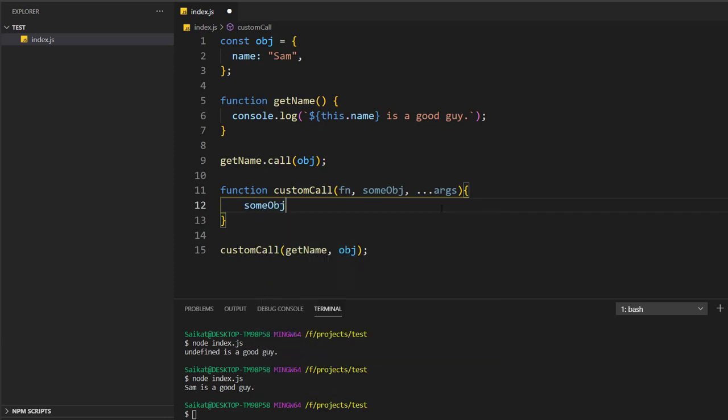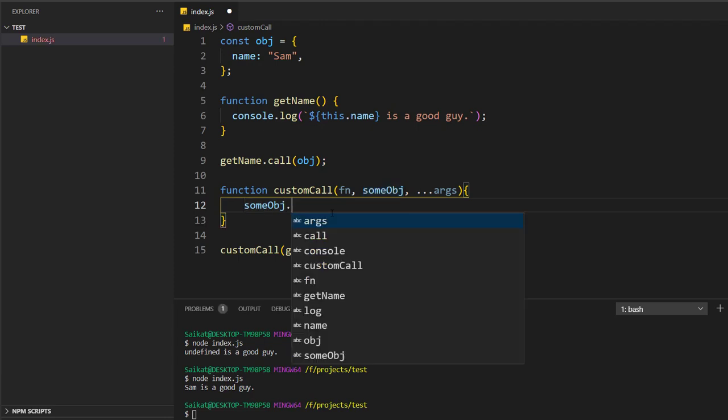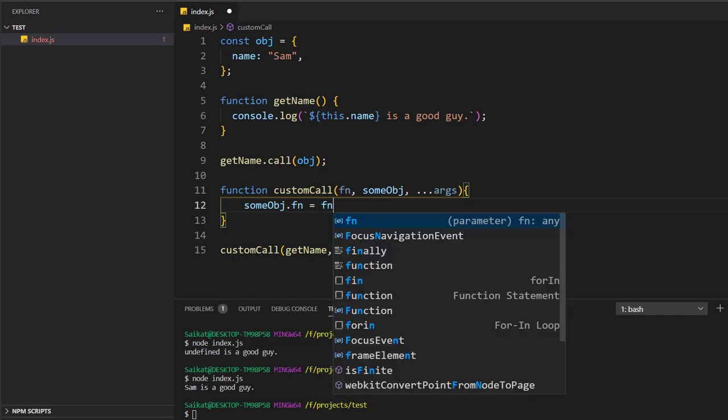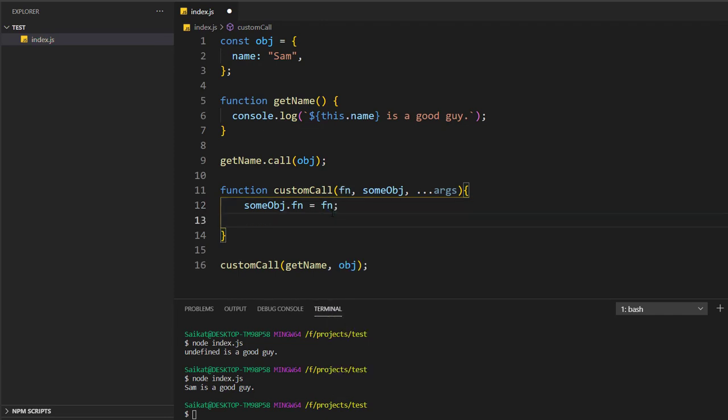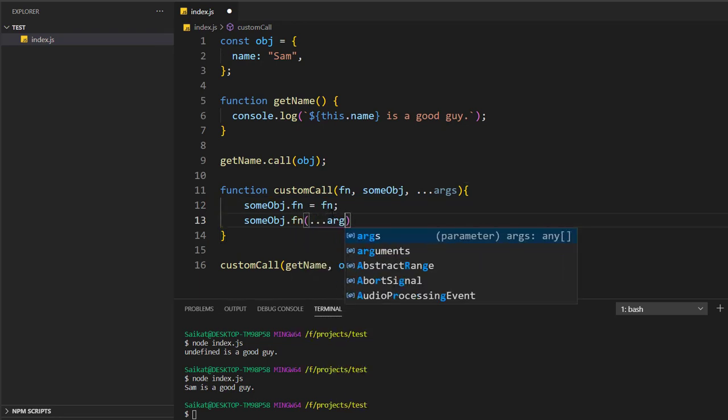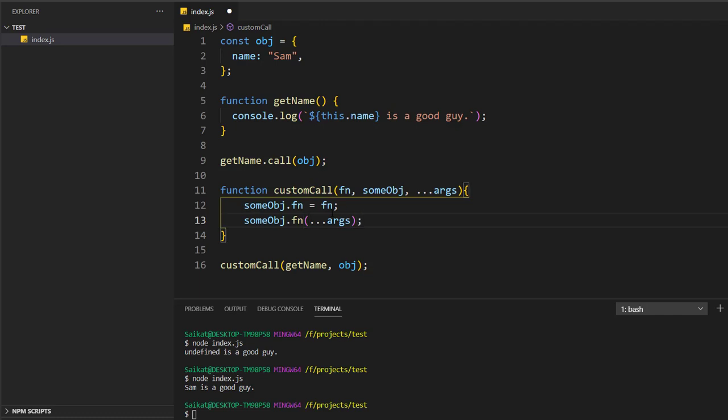Whatever I pass here should be an object. I'll add another property to this object: obj.fn = fn, then I'll call this function, obj.fn, and pass all these args, but in this case we do not have any args, so it won't be called.